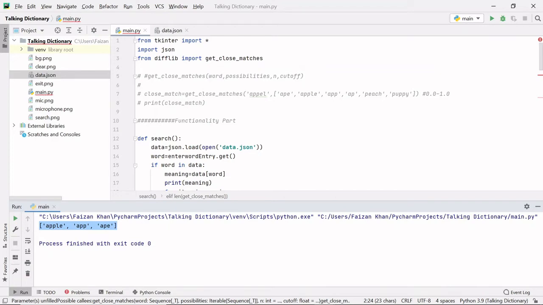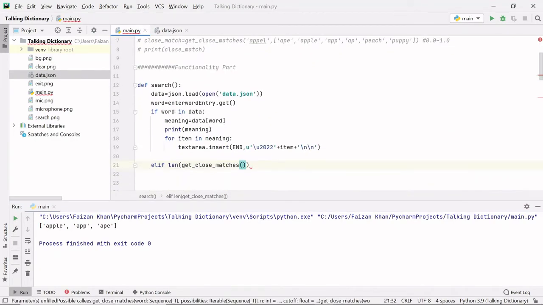It means that we are getting some similar words. But if the length is 0, it means that there is no similar word that exists inside this data.json file, right? So we will simply check the length of the get close matches result.